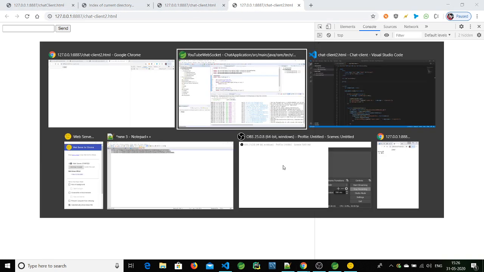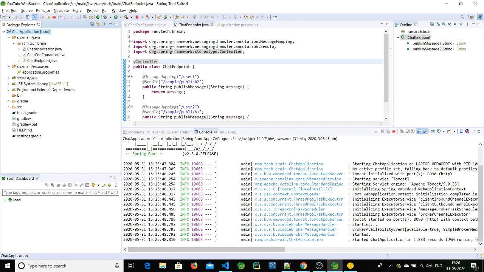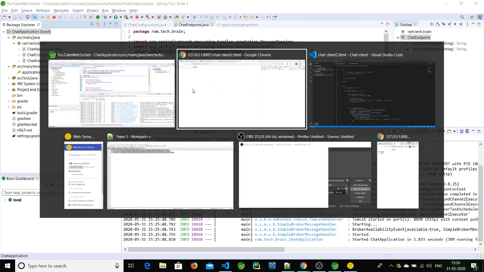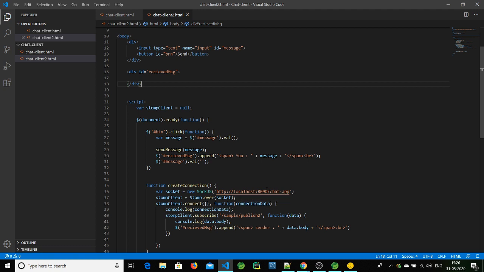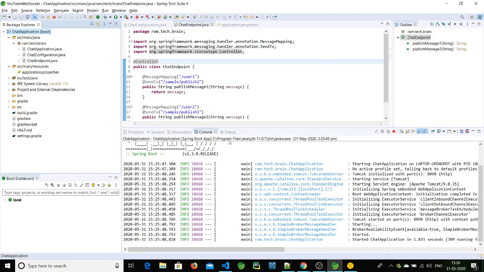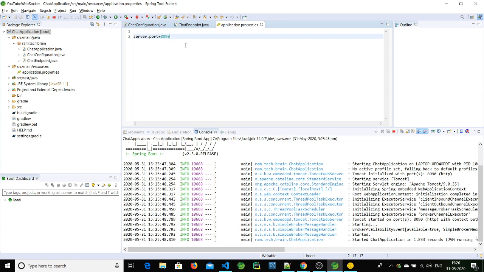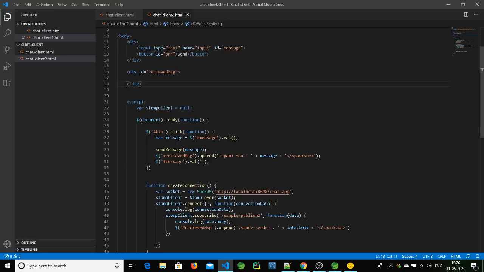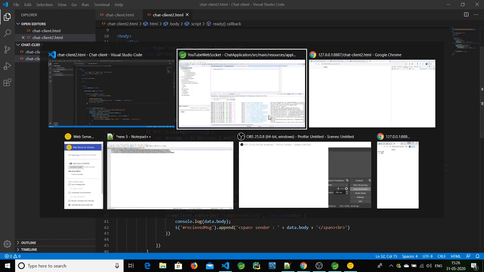So at the console, nothing has happened. Let's see, the server is running fine, and the port number which we have given here is localhost, chat app 8089, and here it is 8090, and here it is 8090. That is fine.